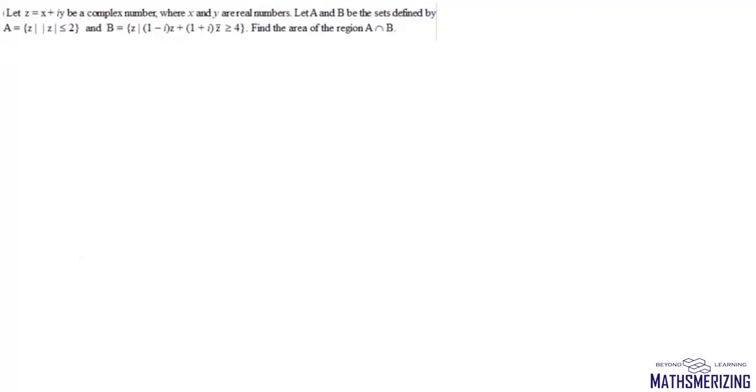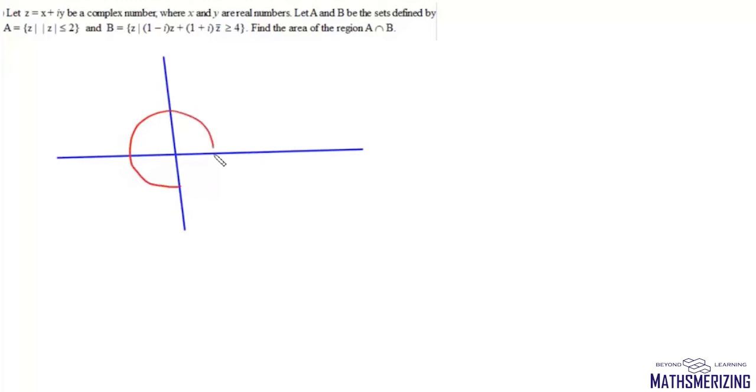Now here the question is, let A and B be sets defined by mod of Z is less than or equal to 2. That means all the points on the circle whose center is at origin and radius is 2 units. So this A, it consists of all these points. Now B is